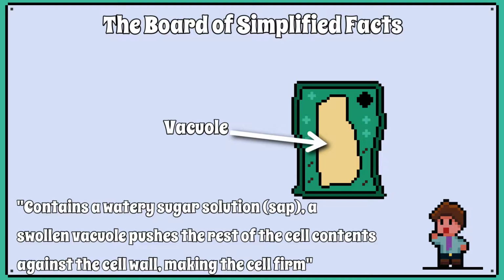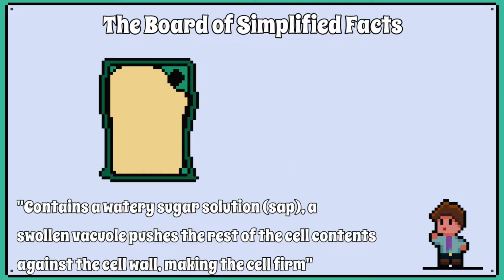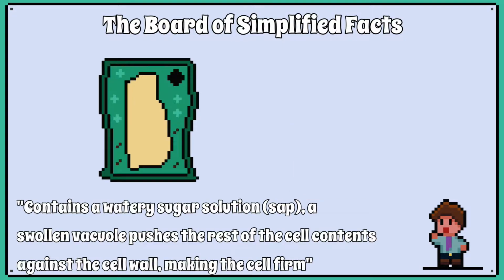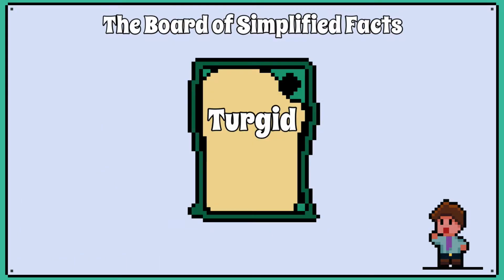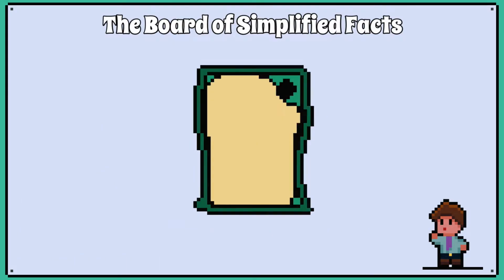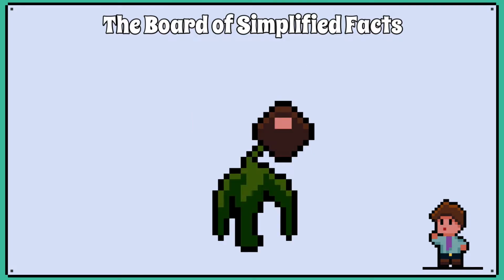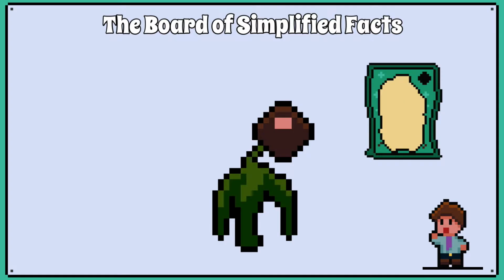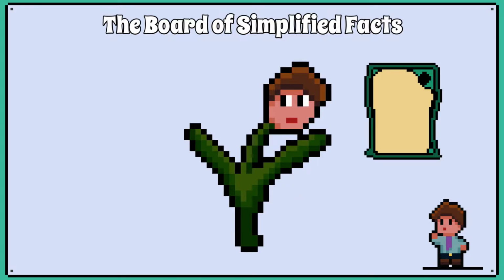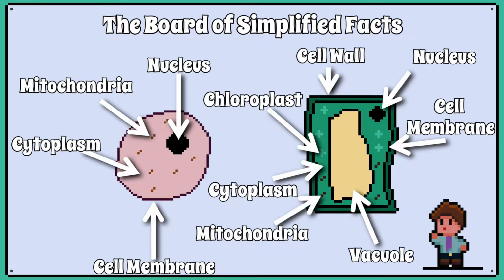It contains a sugary solution called sap. It fills with water and then presses against the cell wall, making the cell firm. A scientific word for this firmness is called turgid. Now, when you don't water a plant, the vacuole will shrink away from the cell walls and cause the plant to wilt. When you rewater the plant, hopefully the vacuoles fill with water again, and your plant starts to look a lot healthier. You should now be able to label and state the function of each part of the animal